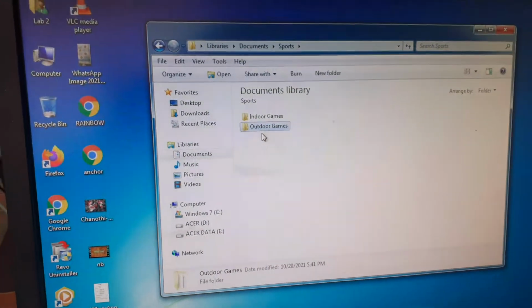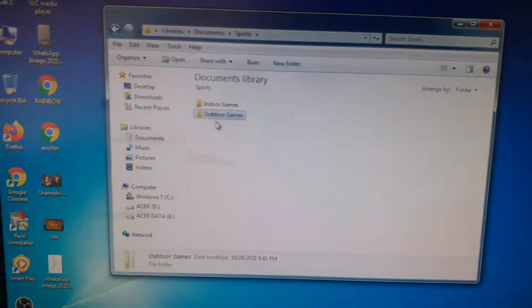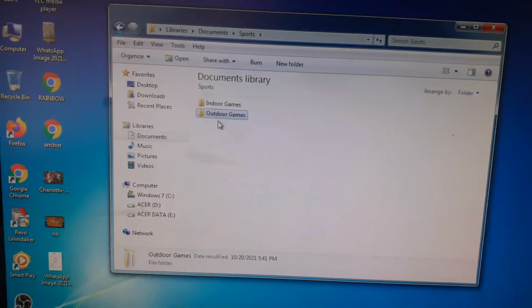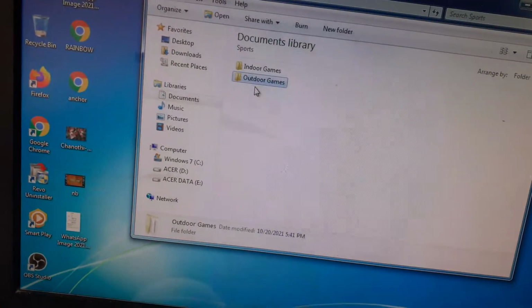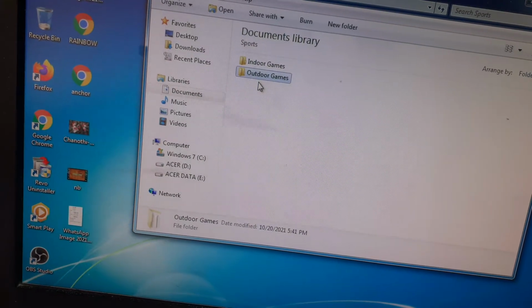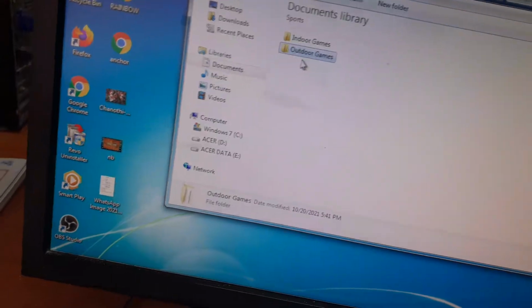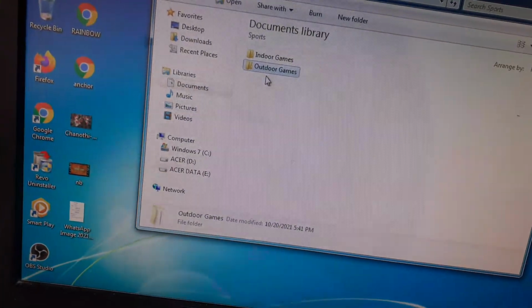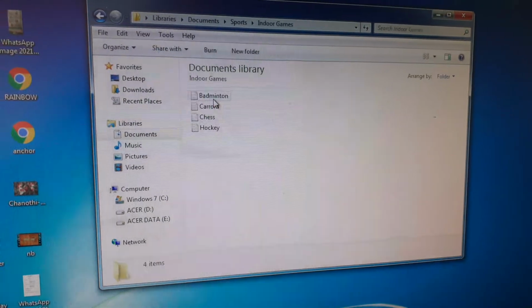Okay children, now we will see how to delete a particular file or folder. Now here we will delete the badminton file from the indoor games subfolder. So children, this is indoor games.